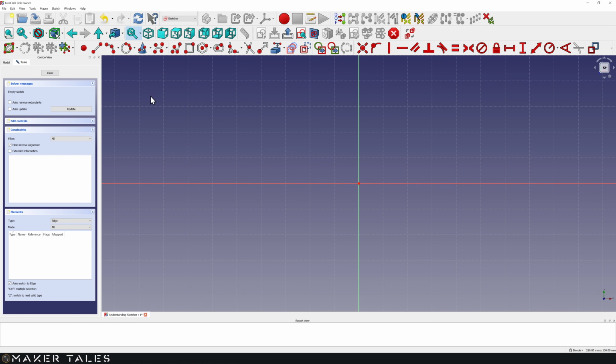Now we come to 2 tools that I don't use at all, which are Conic and B-Spline. Let me at least show you what we have here. We have ellipses, we have arcs and parabolas. Honestly, I don't use them, but by all means, feel free to go ahead and use them. I just don't know the math to truly constrain things properly to get outcomes that I want.